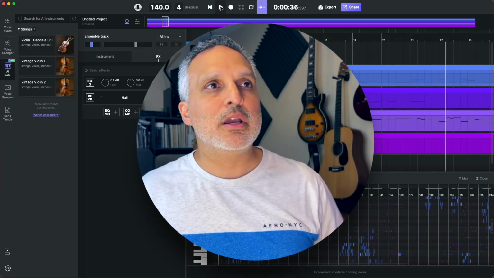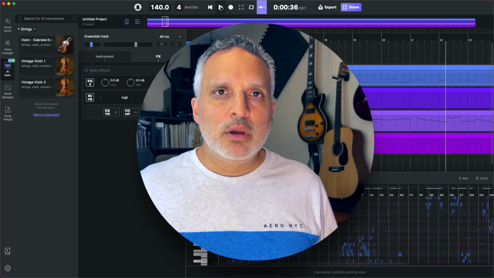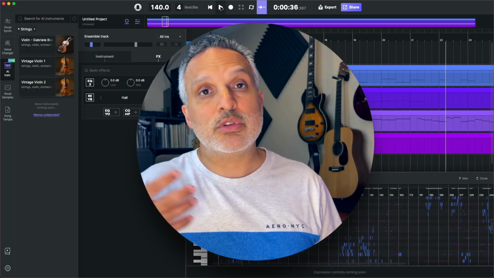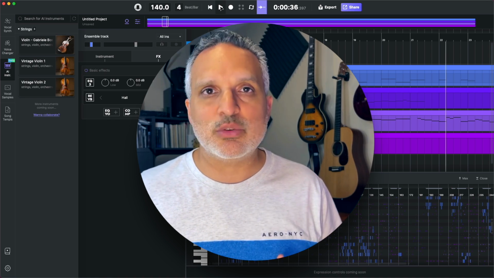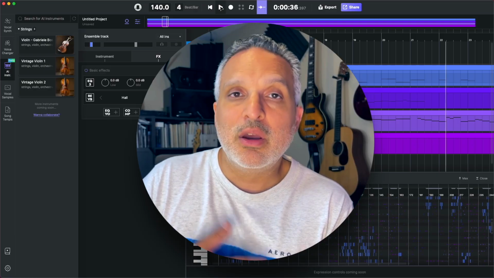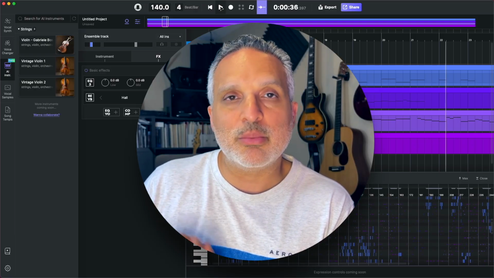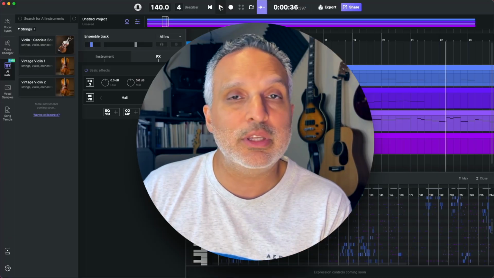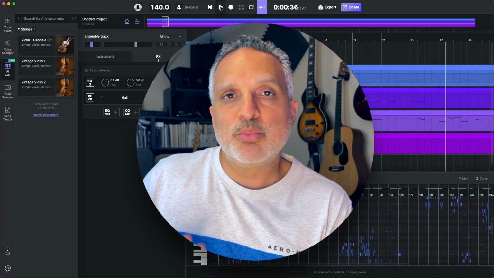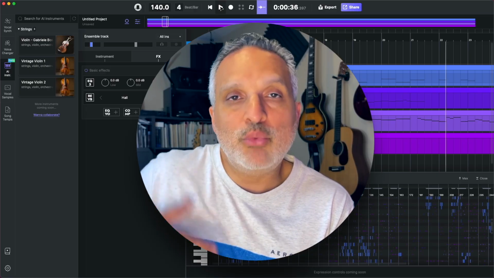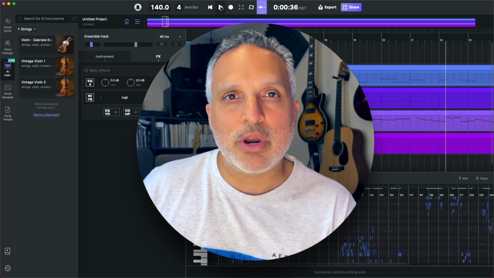So overall, my conclusions, this is really something. We don't yet have the fine degree of control that we would if we were using, for example, an advanced key switch sample instrument. But then to be fair, if we were using one of those things, we would be putting a lot more time into the programming and the tweaking of it, whereas this just rendered it with absolutely no customization. I think it's pretty impressive that the algorithm is able to take just raw, basic MIDI and render it with some semblance of expression.